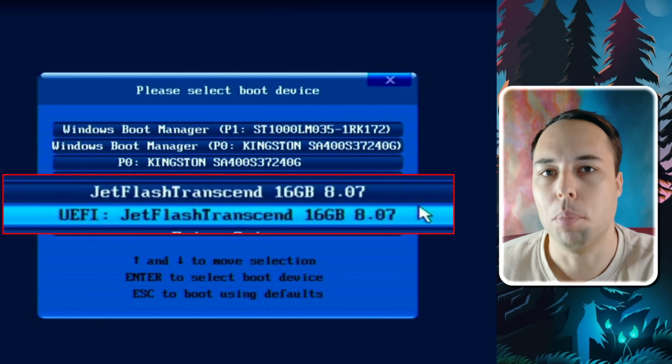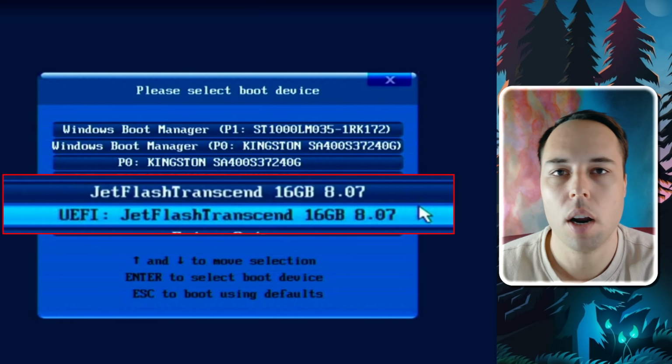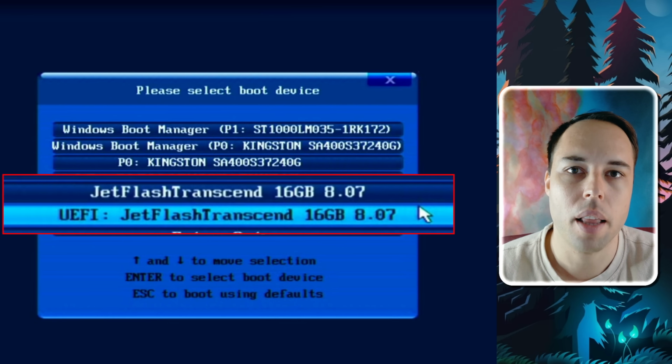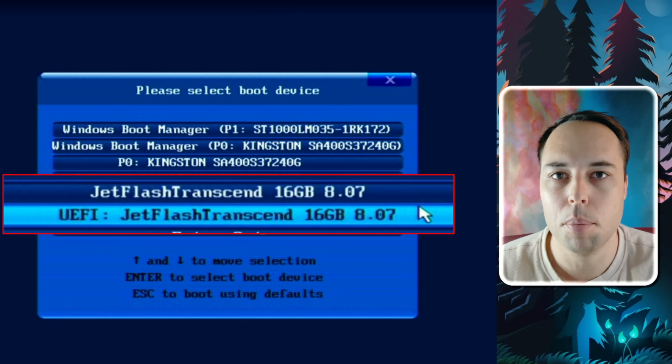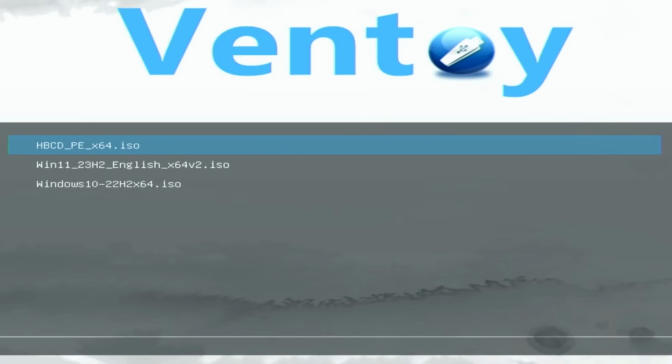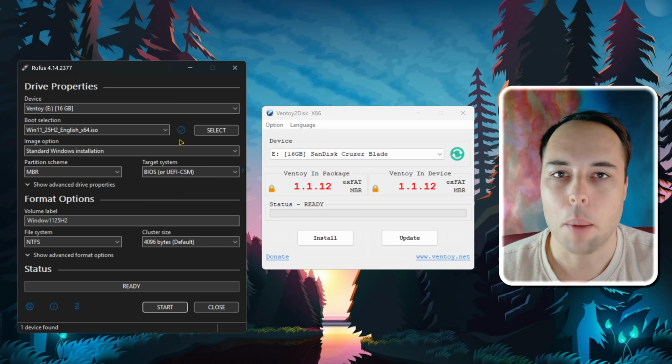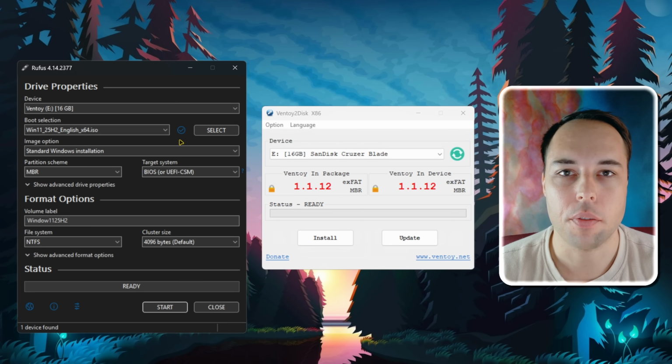And then once you boot from the Ventoy USB flash drive, you'll see two options. It's going to be the UEFI option as well as the legacy boot option or the CSM boot option. And then once the Ventoy flash drive actually boots, you're going to see all of the ISO files that are saved on that USB flash drive. And then you'll be able to select which one you want to boot from. It'll then boot from the selected ISO file, and you have different options, which is something that Rufus doesn't give you. So with Rufus, you select the ISO file up front and you create the bootable USB flash drive, and that is then that specific USB flash drive's purpose.